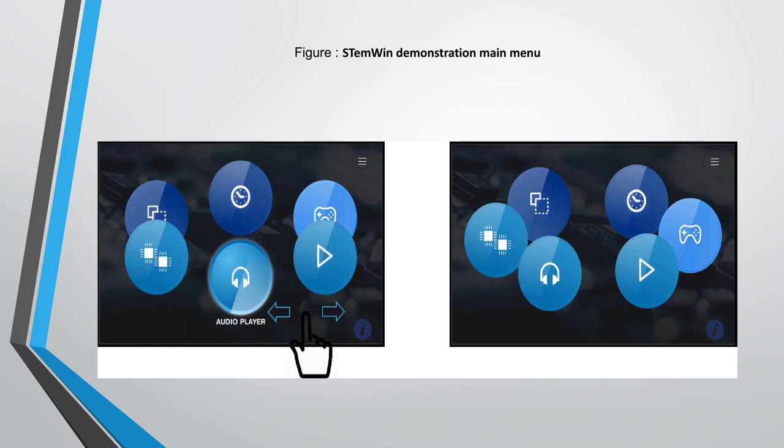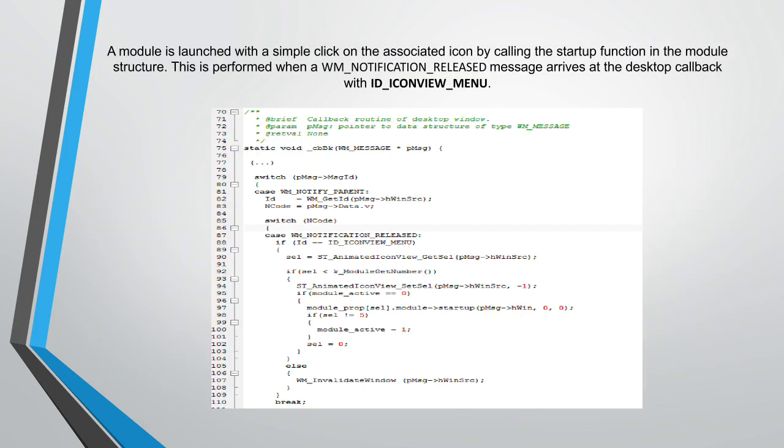So a module is launched with a simple click on the associated icon by calling the startup function in the module structure. This is performed when a WM_NOTIFICATION_RELEASED message arrives at the desktop callback with ID_ICONVIEW_MENU. You can go through this code. So in this callback, we have the WM_MESSAGE with a pointer pMsg that has been passed through.